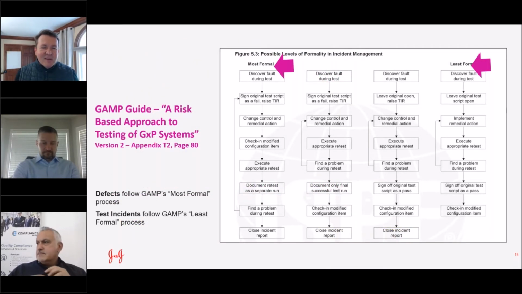So there is this GAMP guide, with the reference on the left-hand side, A Risk-Based Approach to Testing of GxP Systems. And this particular figure on the screen gives an idea of how you would treat something that is less formal, and something where you need a little bit more structure, maybe being a little bit more formal. As I said on the previous slide, defects follow the GAMP's most formal process, right? Because those are the ones where there is something with the application that is not doing what it's supposed to,